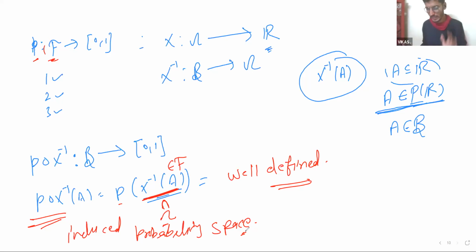Just to clarify a little more, let me give some examples of how we are going to use the induced probability space, and then today we will discuss the basic definition of CDF, the cumulative distribution function. Then we will end this lecture, and from tomorrow we are going to discuss the demand of our course.